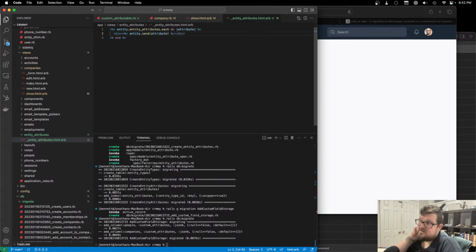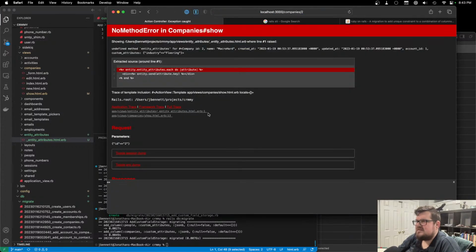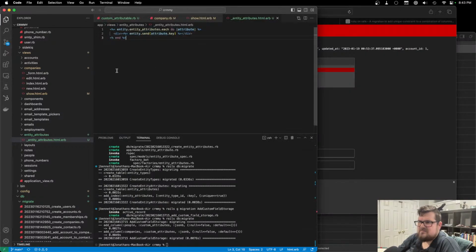All right, so if we do this, what we're saying is that if we have an attribute called, what do we call it? Industry. We're going to be sending entity.industry. So the entity attributes isn't the actual attribute values. This is going to be the definition of them. So we actually will say something like attribute dot key. So this is going to get the attribute definitions, not the attribute values. Okay, a whole lot of here that's going to blow up. So we got entity attributes. So what is that? Well,